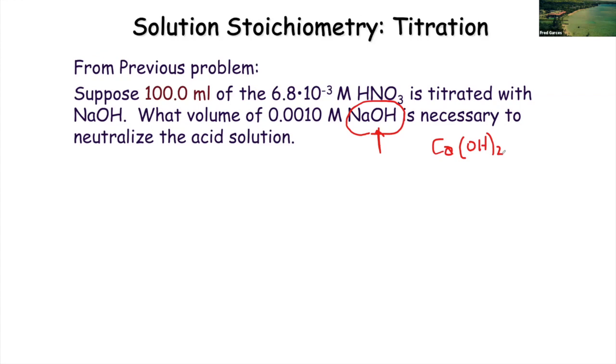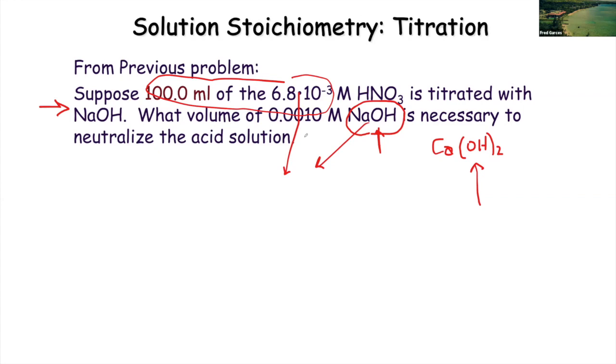So first, take care of the fact that this is a stoichiometry problem, and that for this present problem right here, it's a 1-to-1 ratio. If the base was calcium hydroxide, it's a 1-to-2 ratio. But going back to this problem, we can see that this will give us the moles of an acid. And if we now have the moles of the acid, which is equal to the moles of the base, then